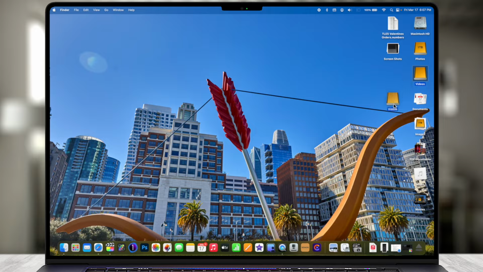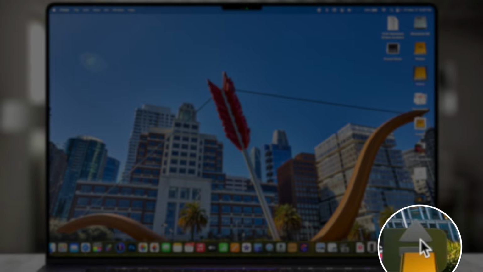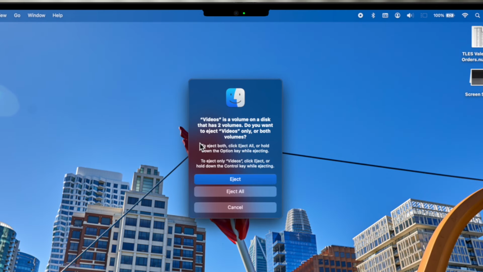You can drag it down to the trash can, and notice that the trash can in the bottom, when you're not selected with that external drive, it's the icon of a trash can. But the moment that you start dragging this, it actually changes to eject. And so if I let go on top of there, it's going to pop up a message saying, this volume is part of a disk that has other volumes. Do you want to eject just this volume, or do you want to eject all of the volumes?